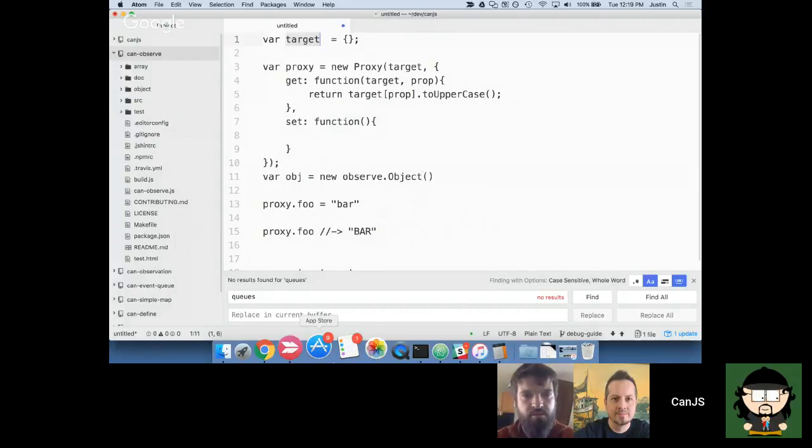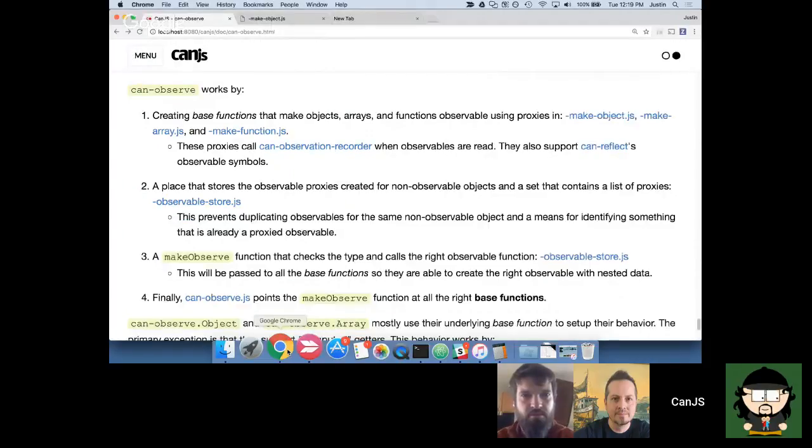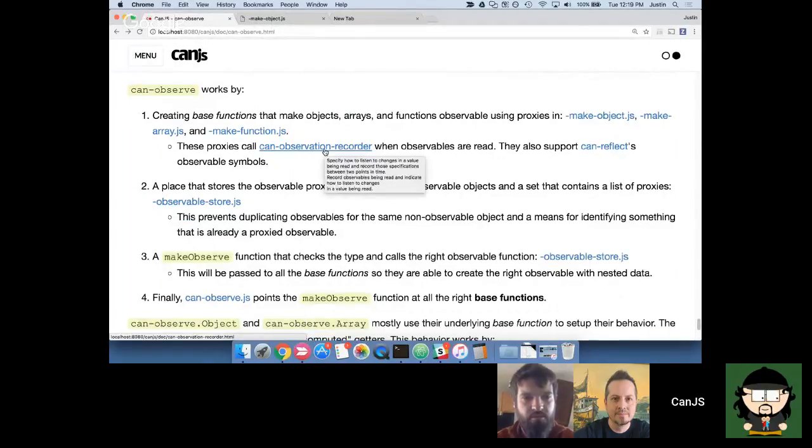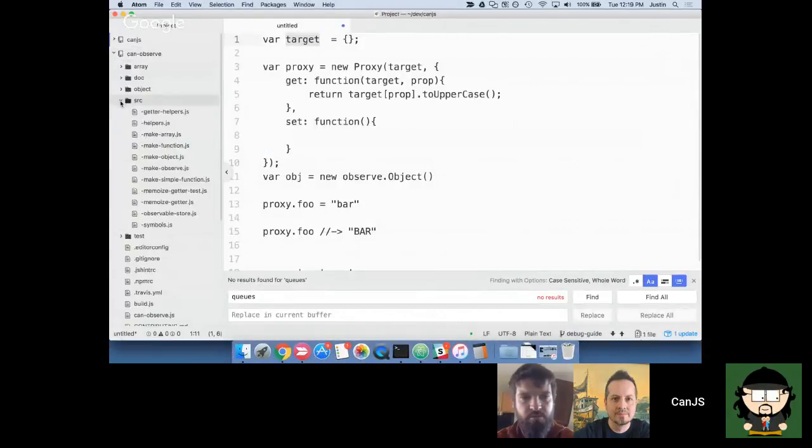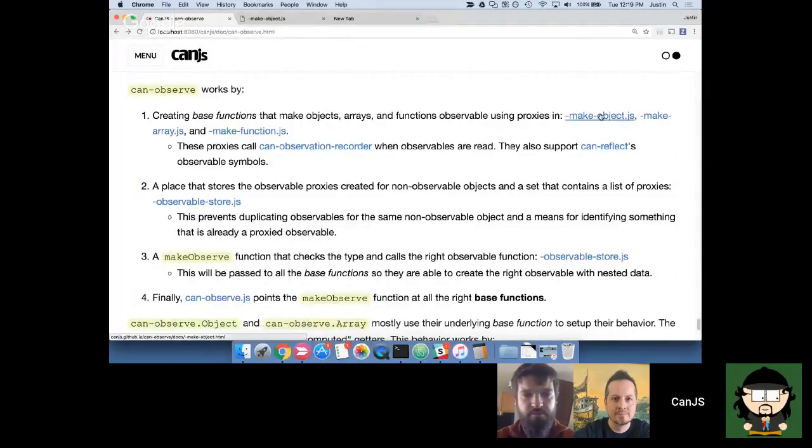Anyway, so let's go through how it works now with that base understanding of proxies. Essentially there's three functions: make object, make array, and make function, that are used to take either an object, array, or function and essentially return a proxy form of it. So we'll go through those. We'll go through the make object one